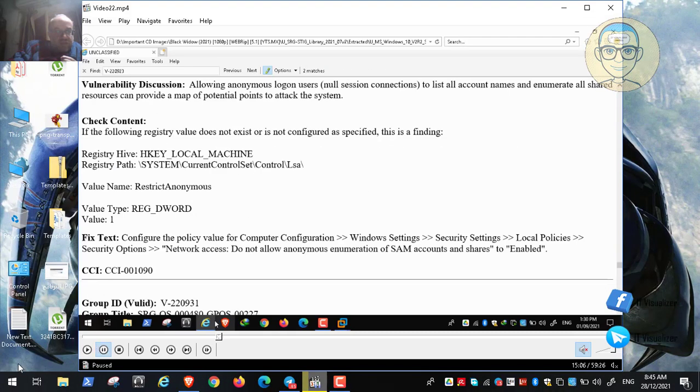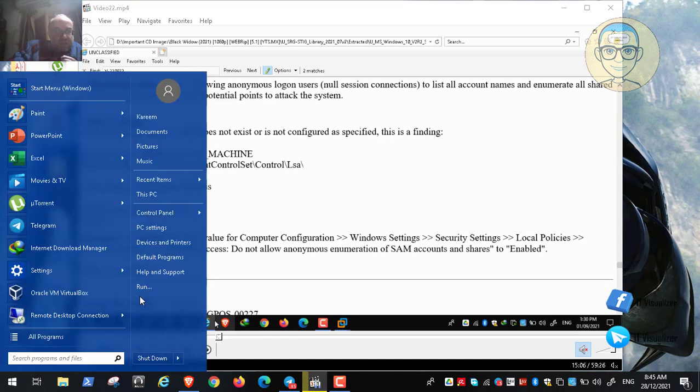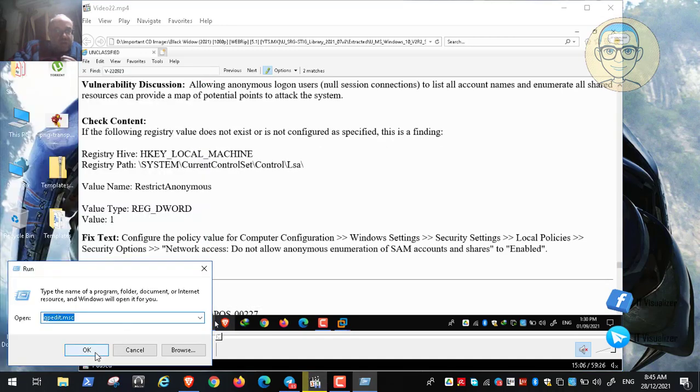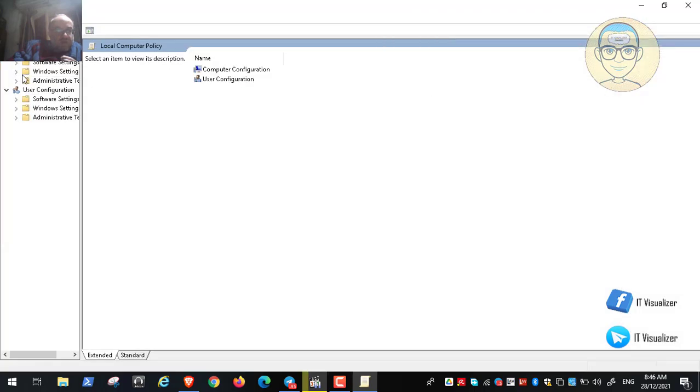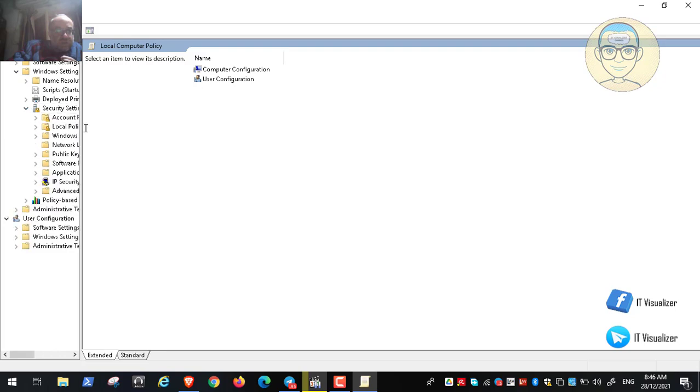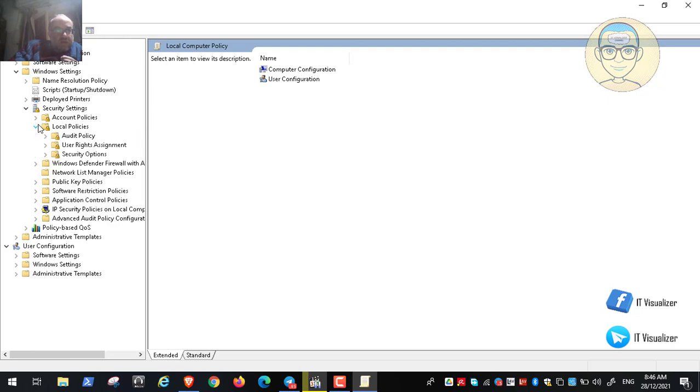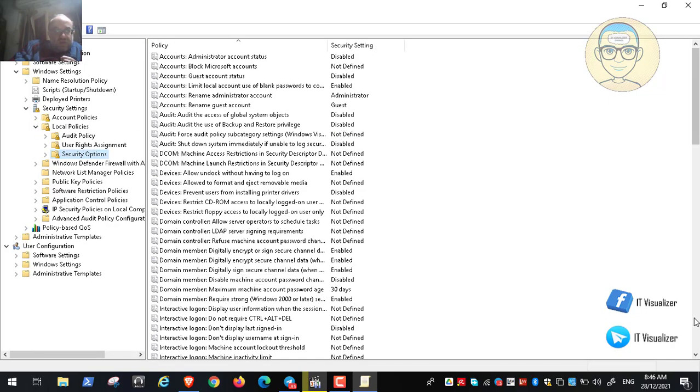I need to see the explanation again of this group policy, just to make sure that we are working fine with it. So we go there and open the Windows settings, and then we open security, and then we can go to local, then security options, then we need to go down here,